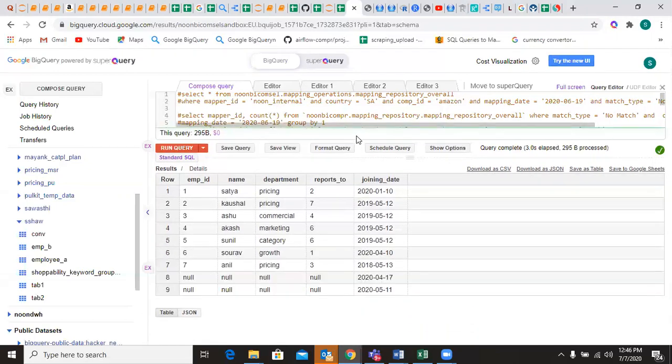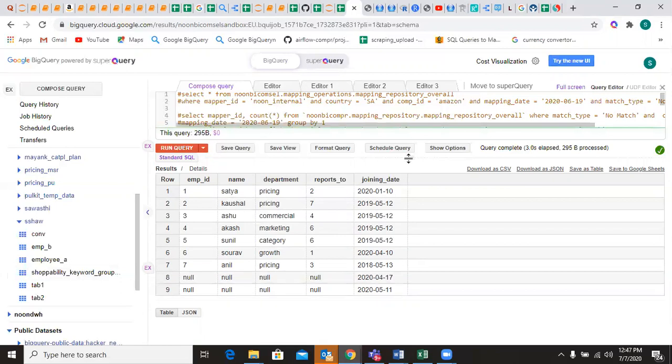The first one I showed you, left join, over there my prime focus was on the left table, table A. For table A, 1 to 7, we had the data, and correspondingly we found the joining date for all the 7. So there were 7 observations. Now going to the right table, we had the joining date for 9 observations, but the corresponding field in the left table was present for 7. So as the name suggests, right join, I'll take everything present in the right table and correspondingly match whatever we find in the left table, and if there is no match in the left table, it will give a null value. So this is basically my right join.